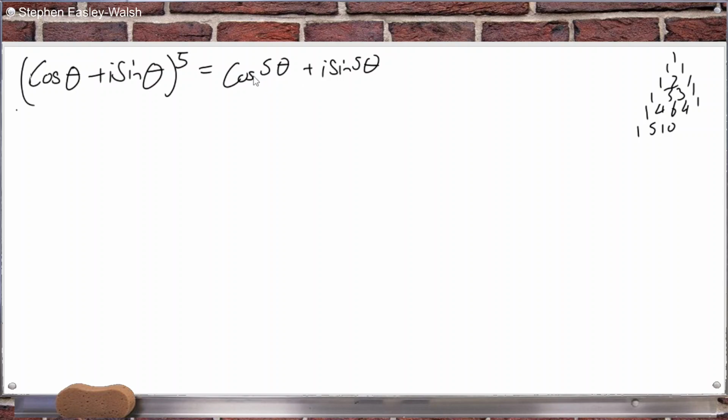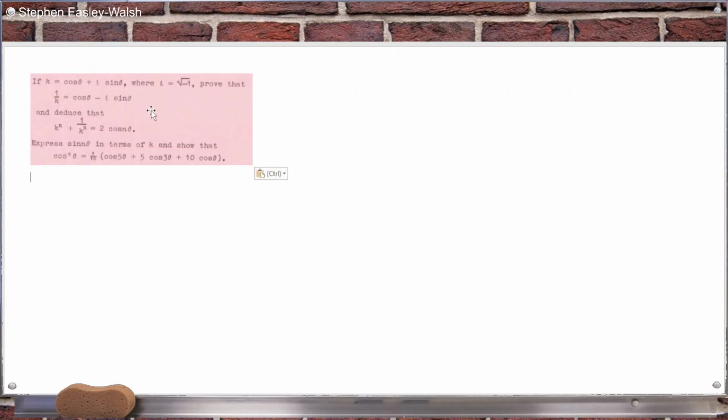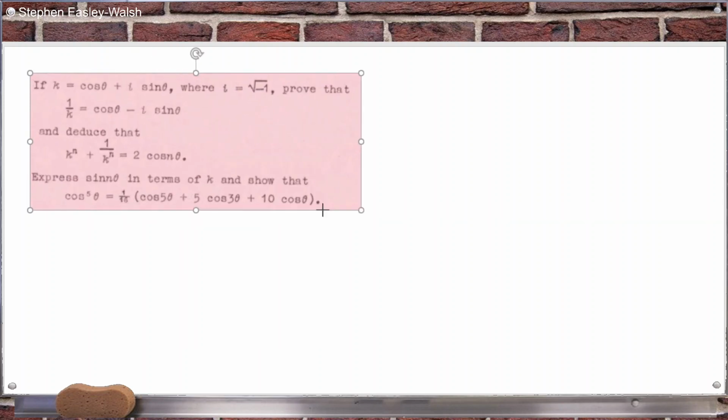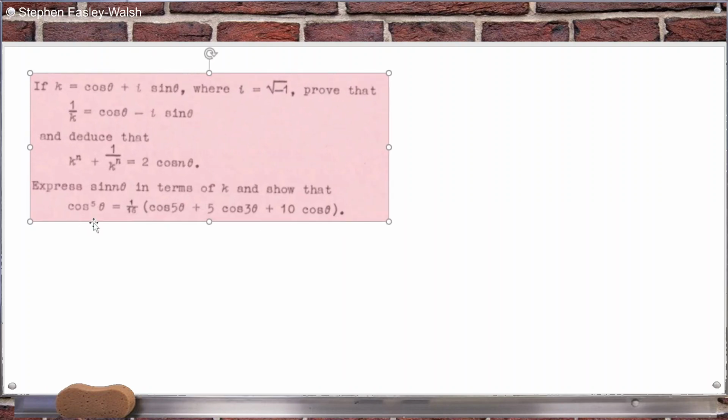And we're just looking for the cos here. So, oh, actually, that's the other way around, isn't it? Yeah, I see now. I can't do it the usual way, because usually it's the other way around. They want cos 5 theta, not cos power 5 theta. Alright, so yeah, I guess I do have to use this one here